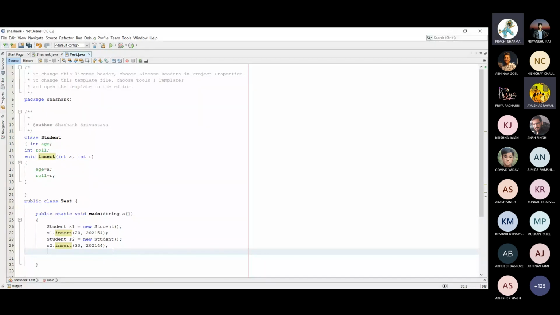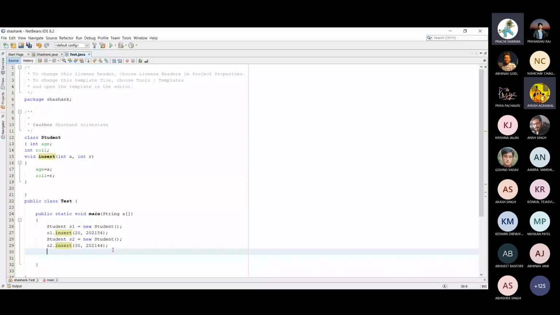Now, there are two objects created, s1 and s2, and s1's age is 20, s2's age is 30. Suppose I would like to print the age of s1 and the age of s2.